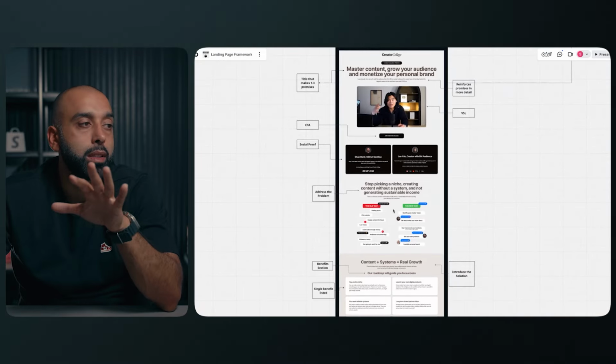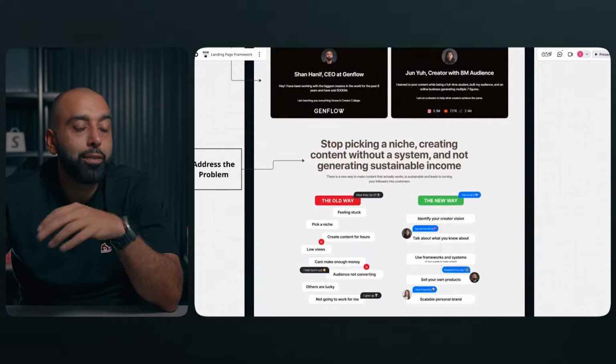But the biggest thing comes: it's the problem. You have to frame the problem. And that's why I always say it's a logical thing. Ultimately, you have to say to someone, hey, this is the problem, which is why we are the solution. It always has to be the way to sell. If I'm doing a phone call, I'll do the same thing. If it's a landing page, if it's a video, every single thing has always been the same,